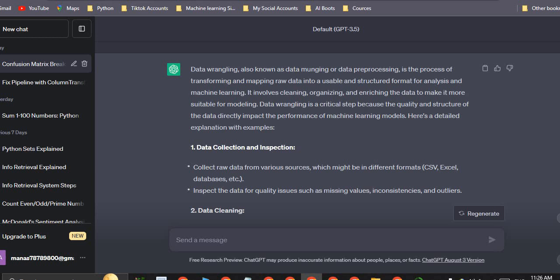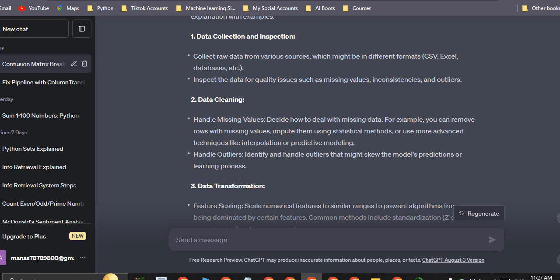Here is a detailed explanation. Data collection and inspection: collect raw data from various sources which might be in different formats, CSV, Excel, databases, etc. Inspect the data for quality issues such as missing values, inconsistencies, and outliers. Data cleaning, handling missing values: decide how to deal with missing data.